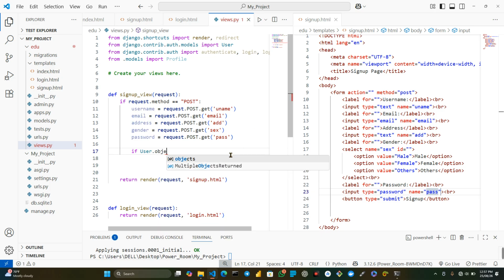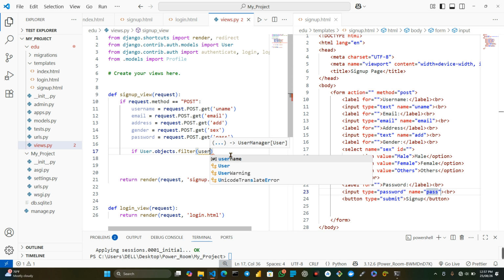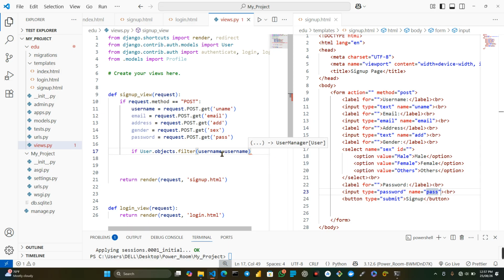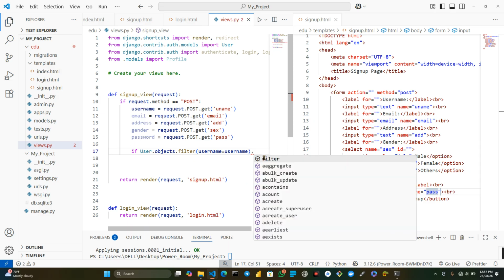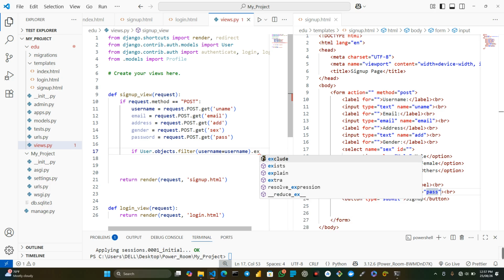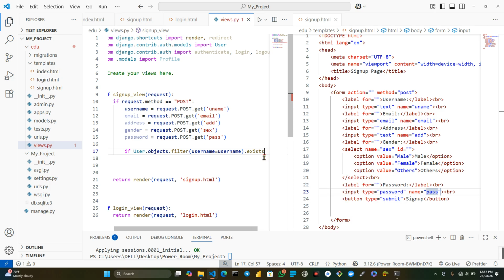dot objects, remember you have dot filter. Then inside here it should be username is equals to username, which means it's going to check if this username exists before you sign up. If the username exists at the back end, it's going to tell you something. So if username dot exist,